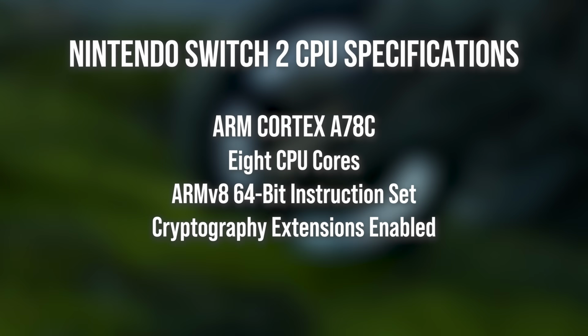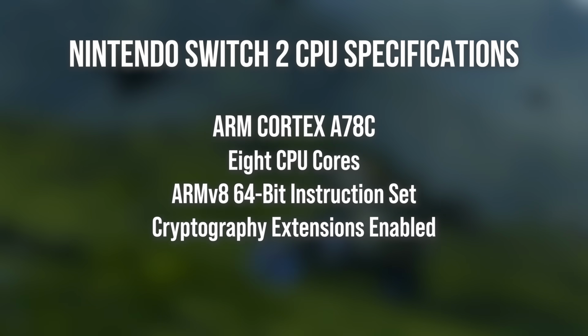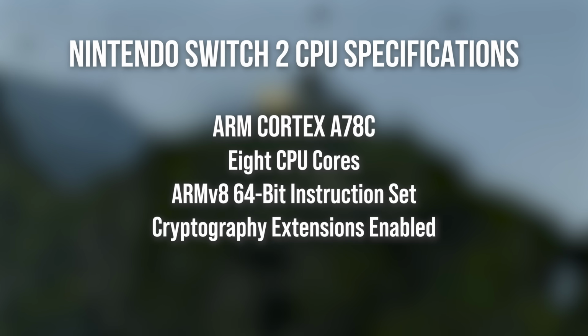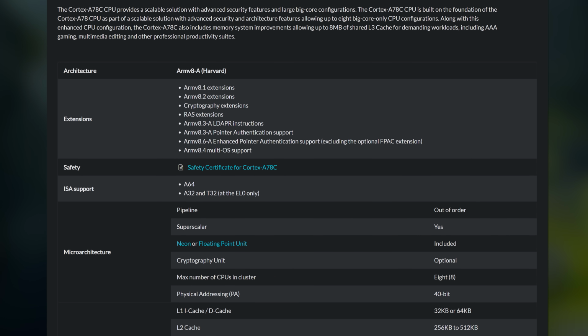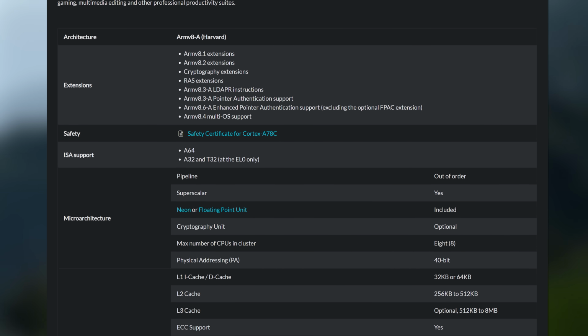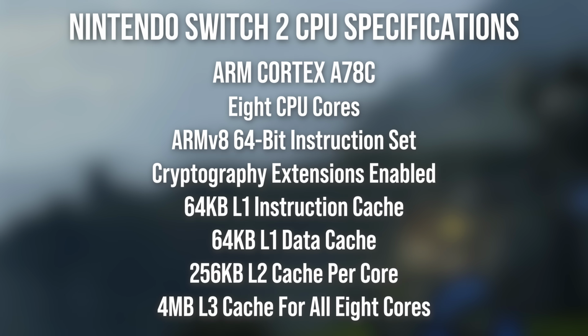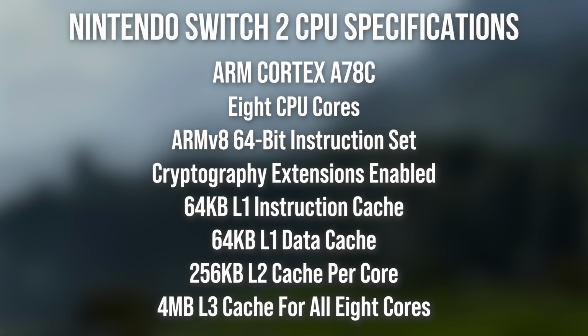Starting with the CPU, NVIDIA and Nintendo have indeed settled on the ARM Cortex-A78C, running the ARM v8 64-bit instruction set with cryptography extensions enabled. 32-bit not supported by the SDK, by the way. Looking at the official specifications shared by ARM, there are various cache configurations available, but the Switch 2 iteration of the A78C has 64K of L1 instruction cache and another 64K of L1 data cache. Moving on to L2, each of the 8 cores has 256K of cache, while all 8 cores can share 4